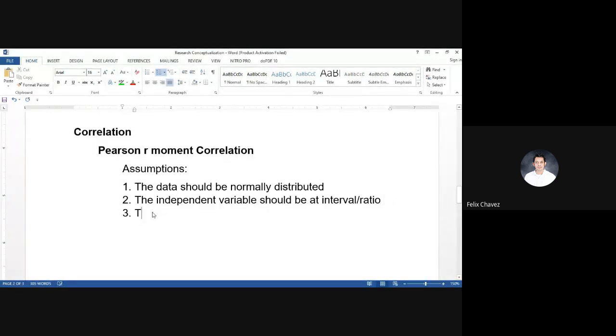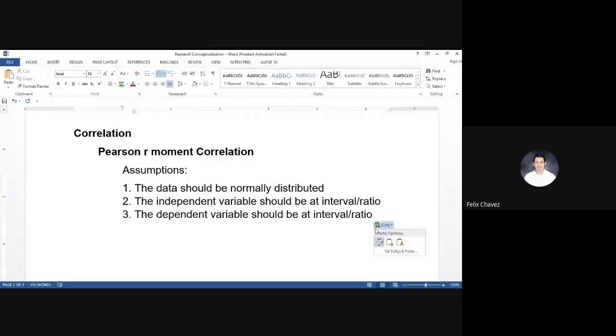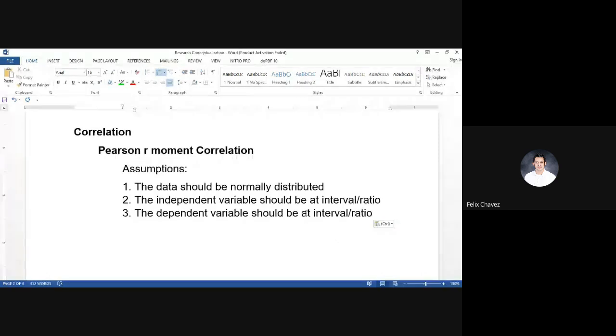And of course, the dependent variable also should be at the interval or ratio. Okay. So in this particular test, you need to determine what are the different variables we are dealing with. Okay. So for example, if we ask this particular research question,